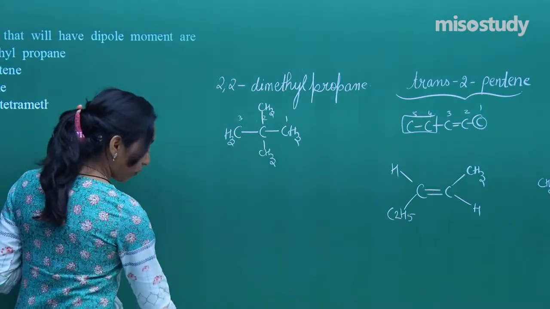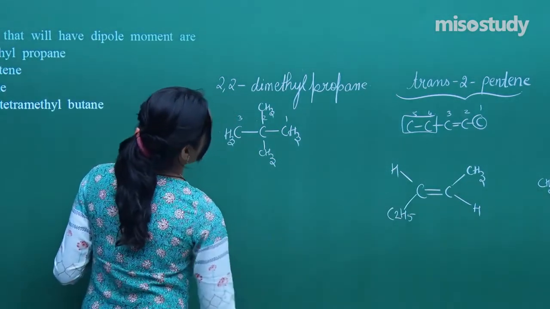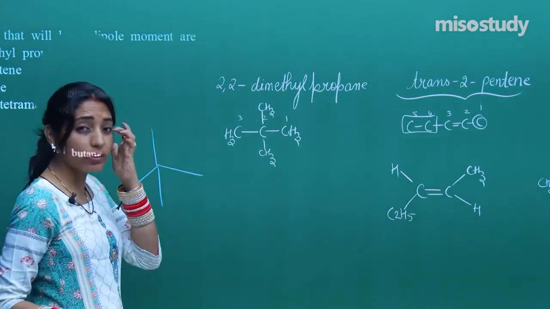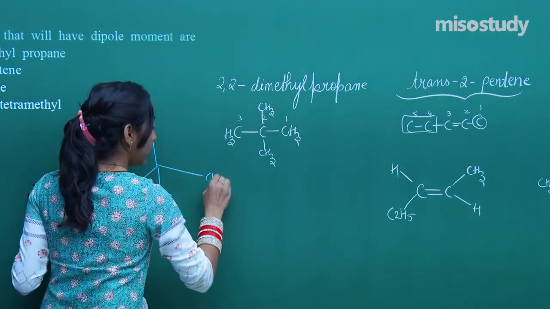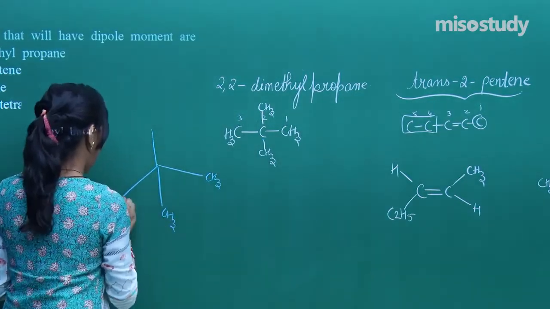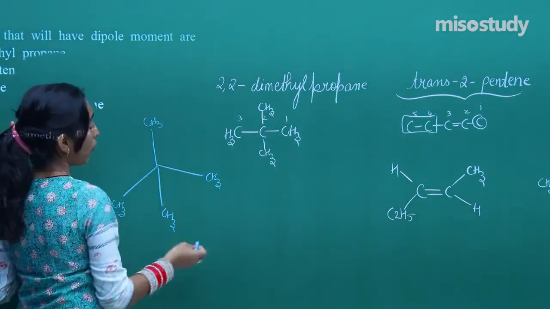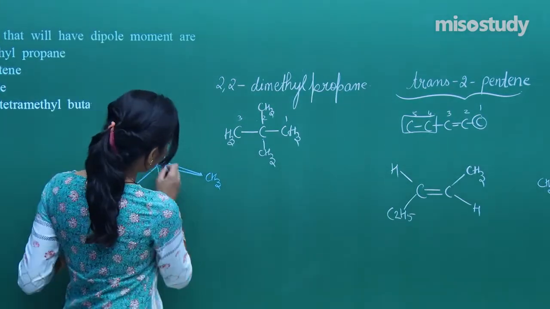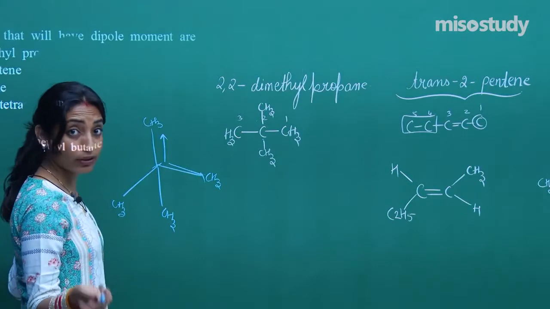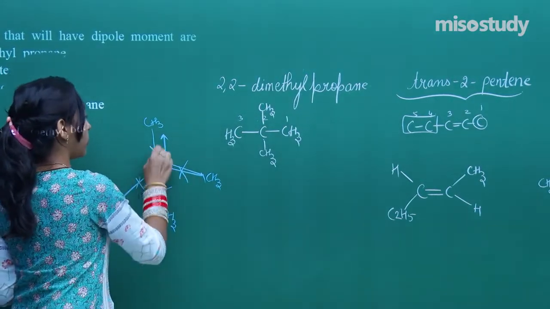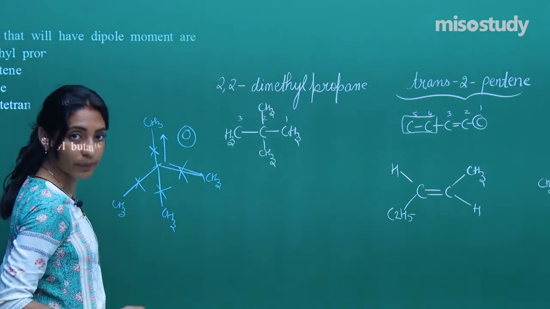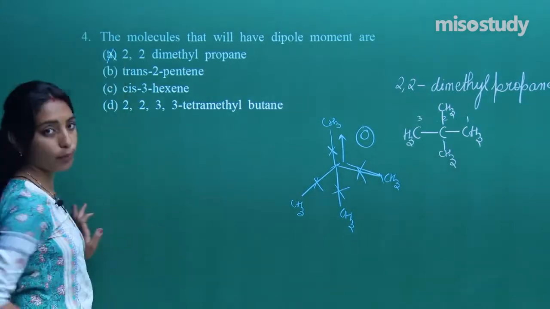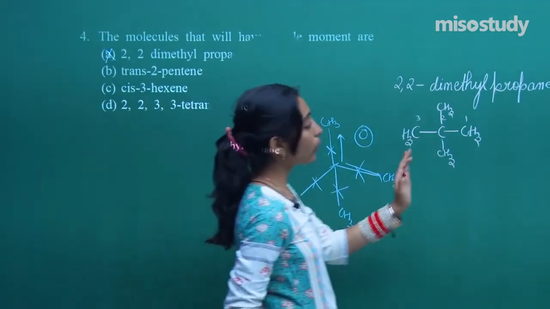So now let's try to figure out the dipole moment. So see, in this particular carbon, the central carbon is tetrahedral with sp3 bond angle, and all the bonds are exactly the same. You can say that this is a CC bond, okay. So it is non-polar, non-polar, non-polar, non-polar, non-polar. So overall 0 dipole moment, okay. The question asks for the molecules which have dipole moment. So this is not a molecule with a dipole moment. Fine. Let's move on to the second one.